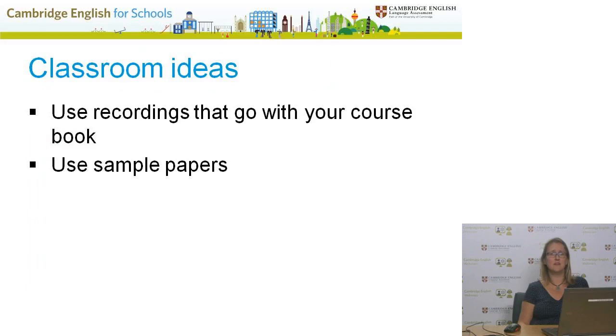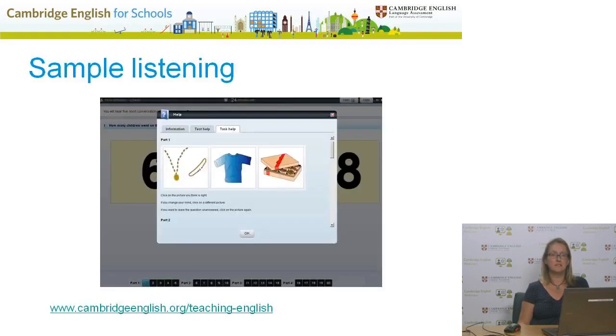So now, let's look at some ways you can help your students. Here are some ideas. It helps to do lots of listening practice with your students. You can use the recordings that go with your course book and also sample papers and sound files from our website. This is an example of a computer-based listening test that we have available on our website. It's good to let students practice doing sample papers, as it can help them become more familiar with the format